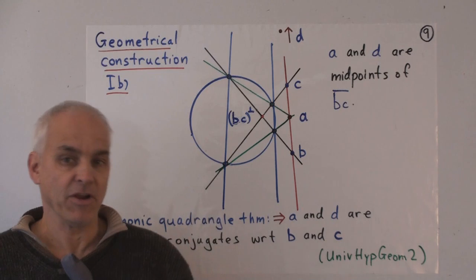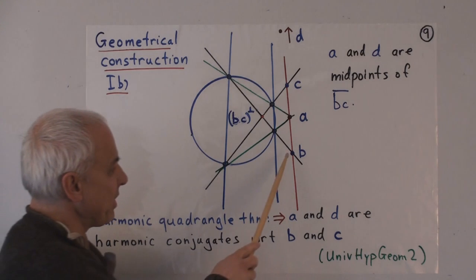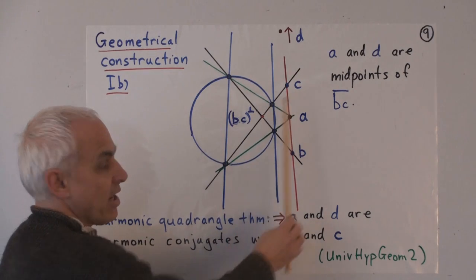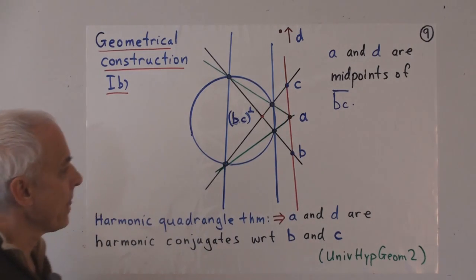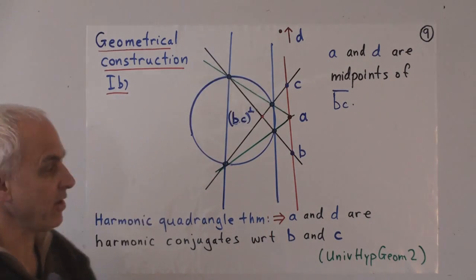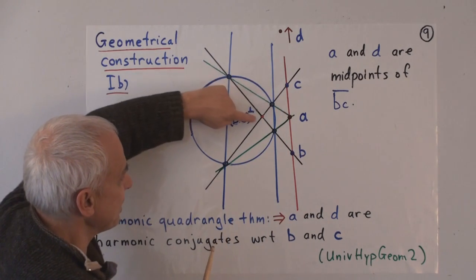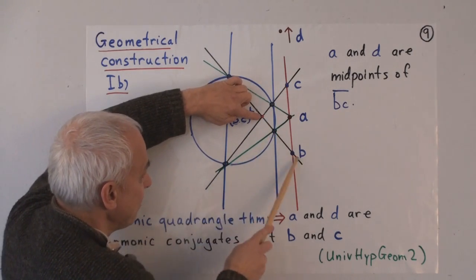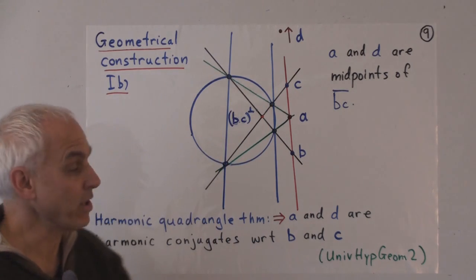So here's a variant on that construction. We'll call it construction 1B. Our points B and C are right here. They're on a line which this time is outside the circle. This is an exterior line. We want to find midpoints of this side BC. Well, the dual of this line is this point in here. There's BC perp. And we can do exactly what we did before. We can join this point to C and to B. And then we've got 4 null points being formed.